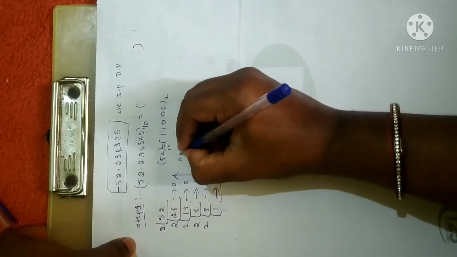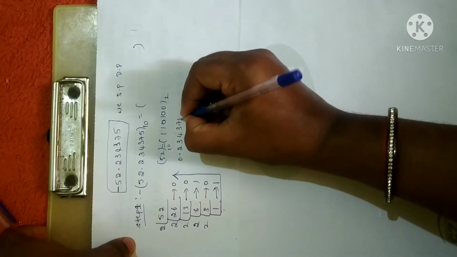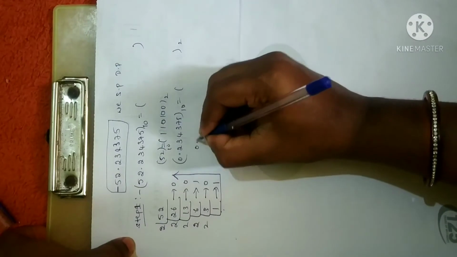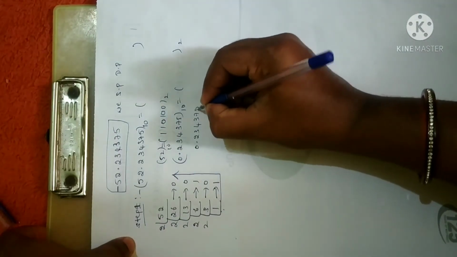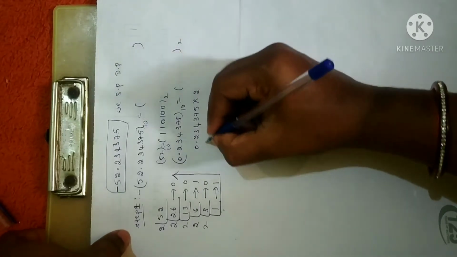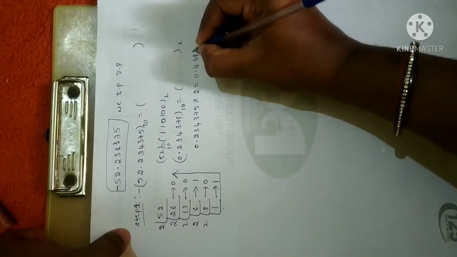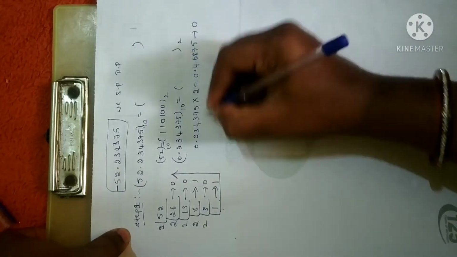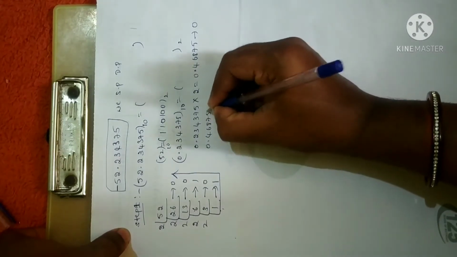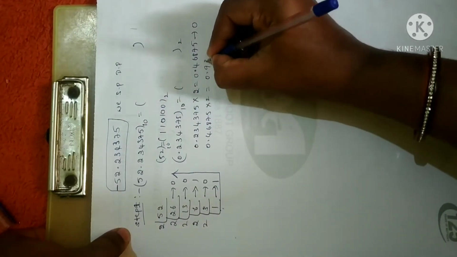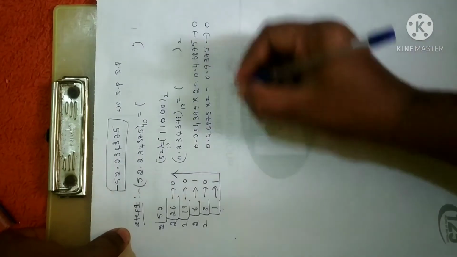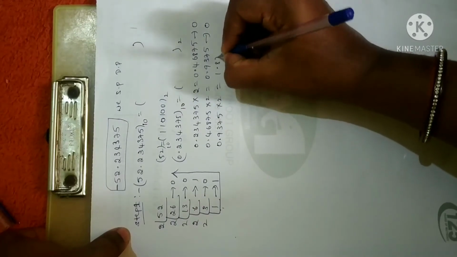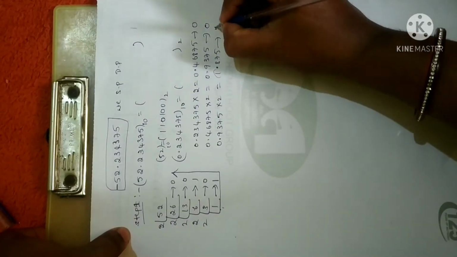Similarly, the fractional part, 0.234375, which is in decimal. We have to convert it in terms of binary by multiplying it with 2. I have clearly explained this in the first problem. Multiply it with 2 and, using the calculator, you will get 0.46875. In the integer place you have 0. Now multiply 0.46875 with 2, and you will get 0.9375. Again you have 0. Now 0.9375 multiplied with 2 will give us 1.875. In the integer place we have 1, so let me write it as 1.